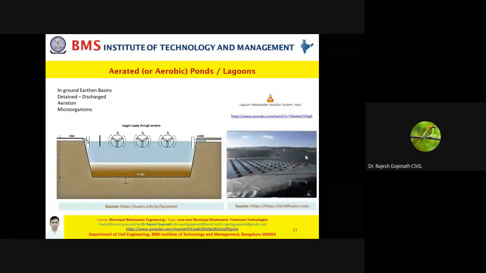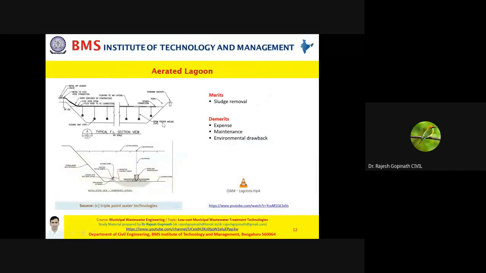So I can also go for systems wherein you've got plate diffusers placed at the bottom, or I can go for mechanical surface aerators which have turbines that rotate. Now, what are the advantages and disadvantages of the system? As I previously discussed, the advantage is that you do not have much of an issue when it comes to sludge removal. And considering that it's a shallow system, it eases operation.